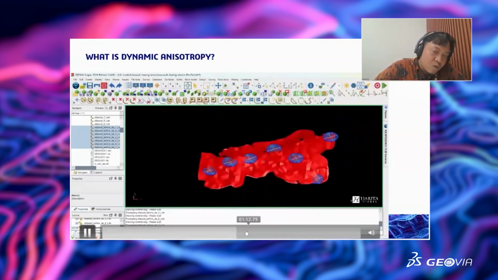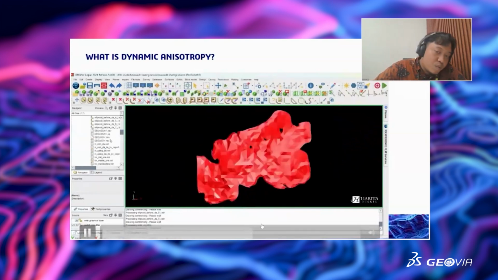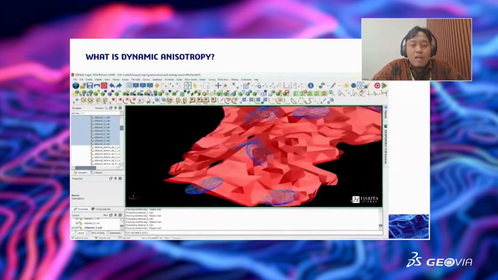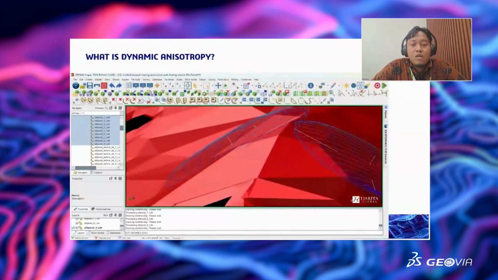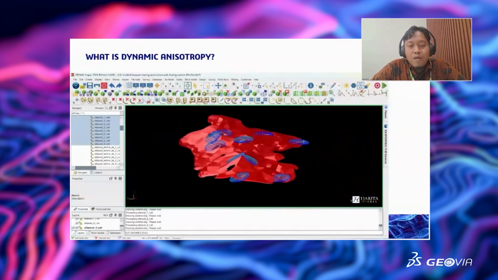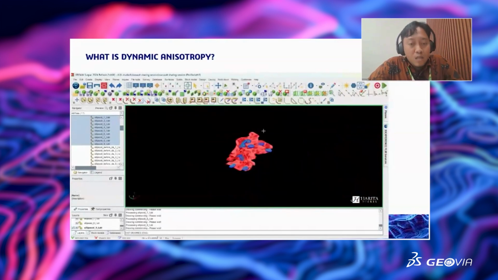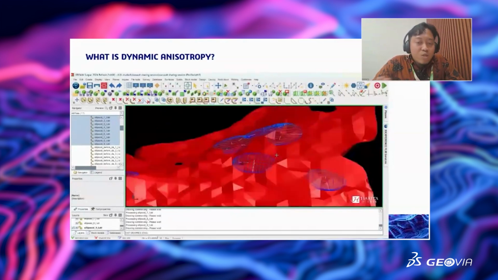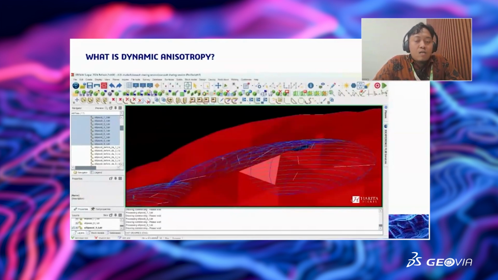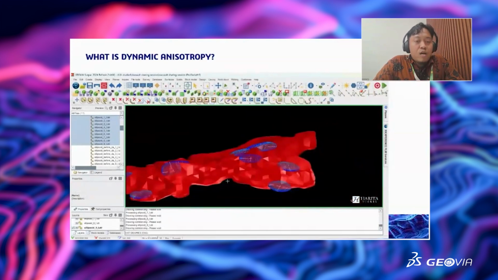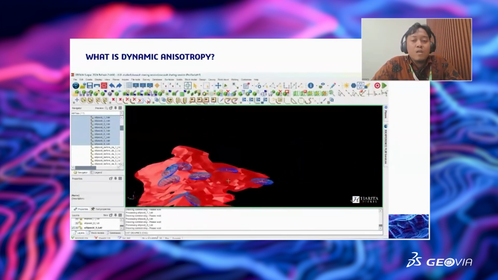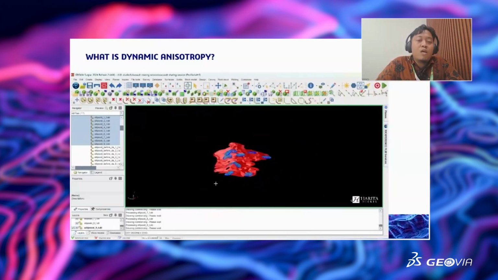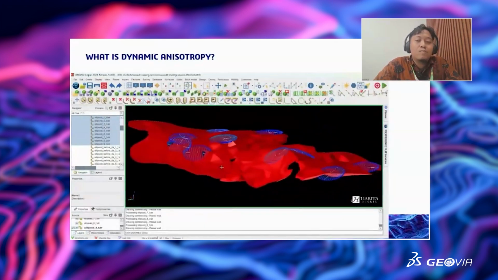And I have another example when we do the dynamic anisotropy, to follow the local orientation. Here there is a steep area, and the search radius and the ellipsoid will follow the ore body. In the flat area the ellipsoid will be flat, and for the undulation the ellipsoid will follow the curving area of the undulation in our ore body. So it will not get the bias that we would have without the dynamic structure methodology in our case for resource estimation.